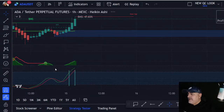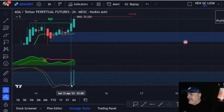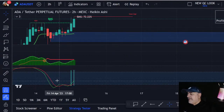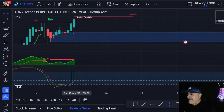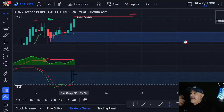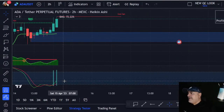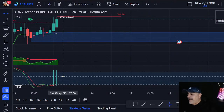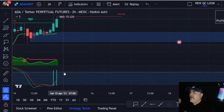Now I slide to the 2 hour RSI. That bottomed up and we just started to come up there. So that's going to give more buying pressure. So the pullbacks will be even less when you have all this pressure going up. That's why these call outs are so powerful when you're trading with the RSIs. That's why when we trade with the RSIs and the moons and everything, we have higher percentages of wins because we are trading at a level where we basically have everything in our favor,